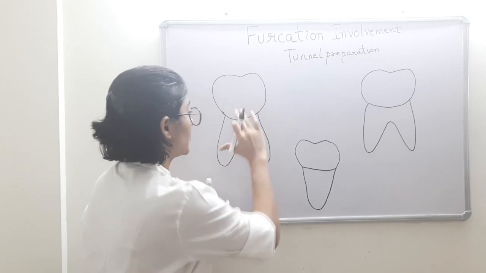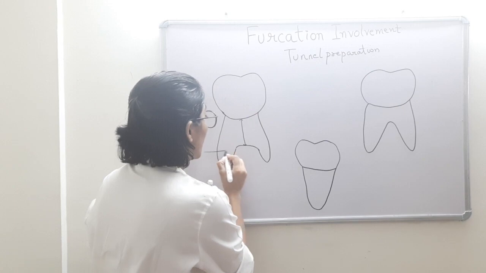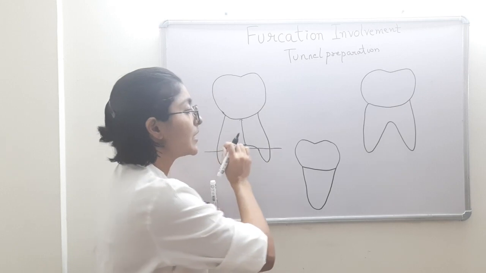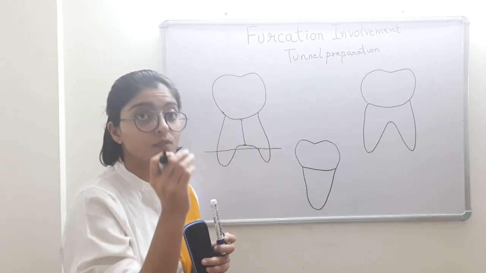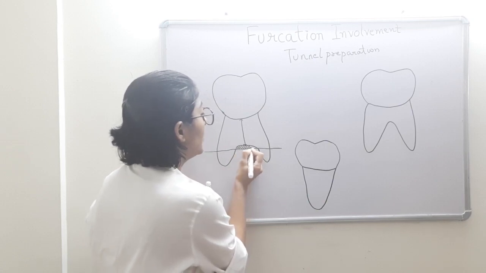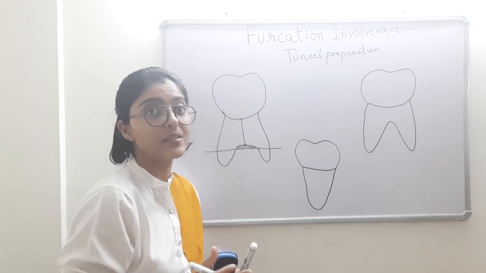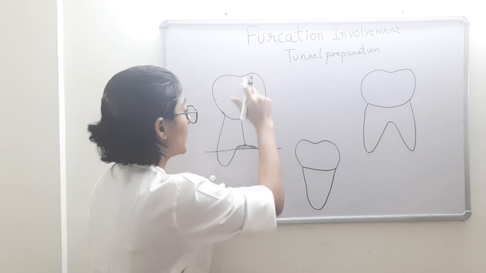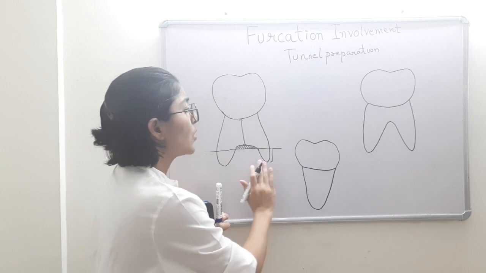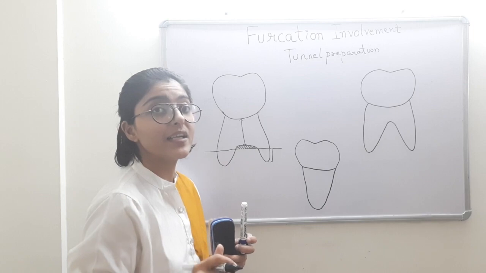So on this tooth, even if we prepare a tunnel, imagine how much bone will be available. I am just trying to draw an imaginary line which denotes the level of the alveolar bone crest after preparing a tunnel. This is the area of tunnel. This is the minimum tunnel I feel is required for the patient to maintain that area. So imagine the tooth length, the root length and the available bone here, almost below the apical third. So that is why this tooth cannot be maintained in the long term.